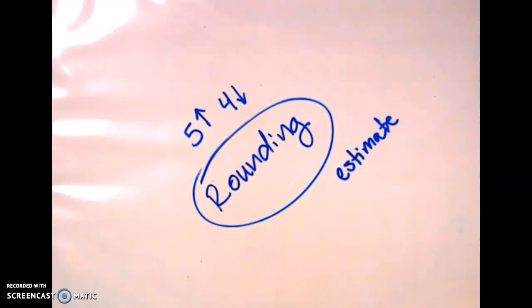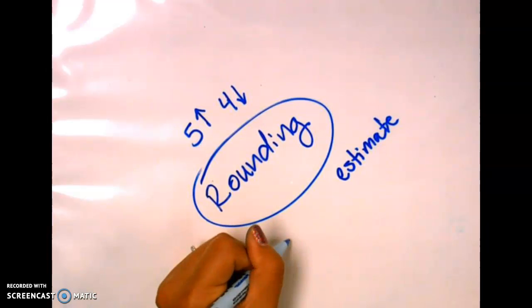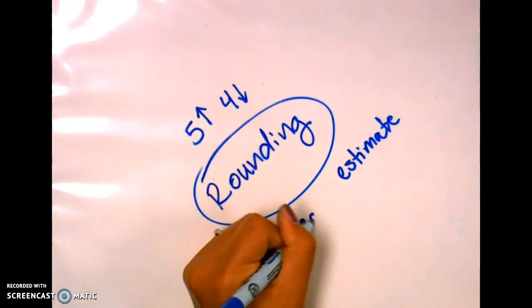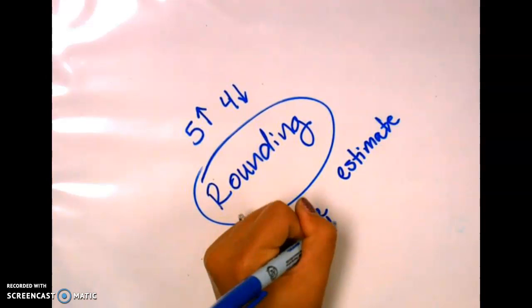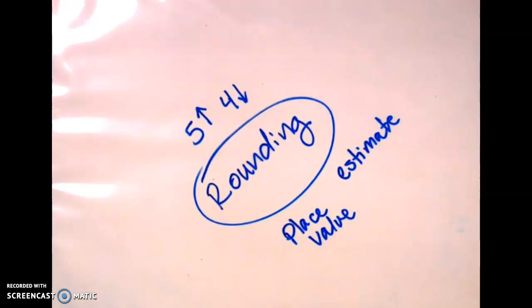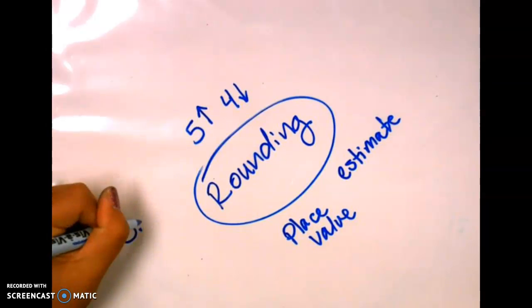You also know that it's based on place value. So I'm going to write that down. And this part is super important. Whichever place value we're rounding to is really important to give us that information. So if I have a number that's like this,